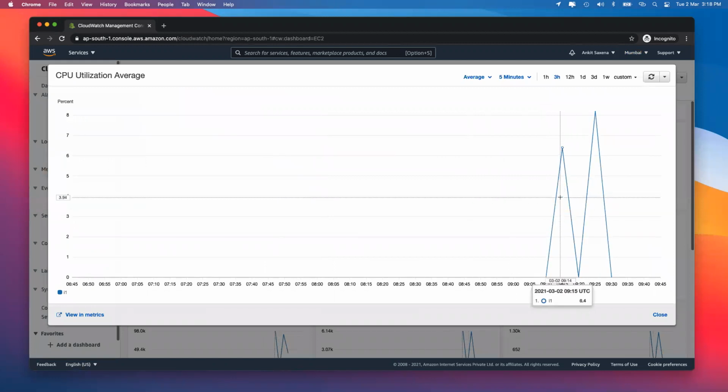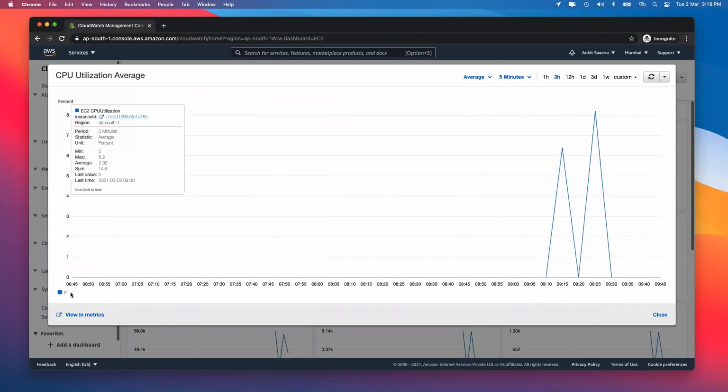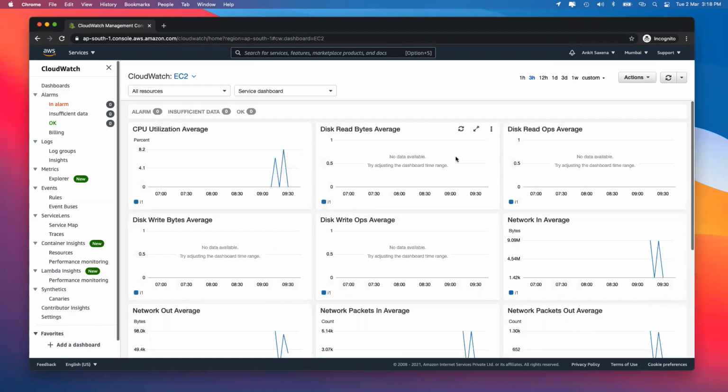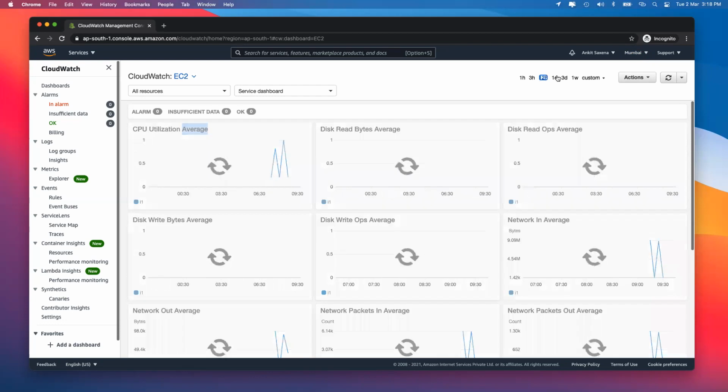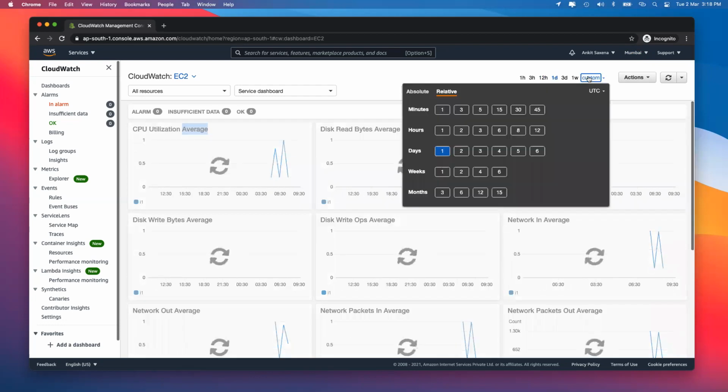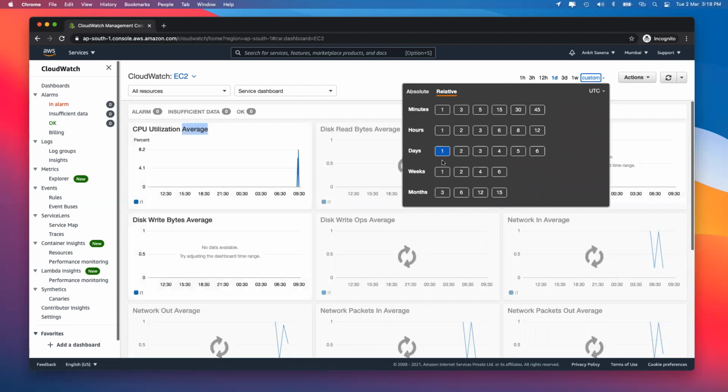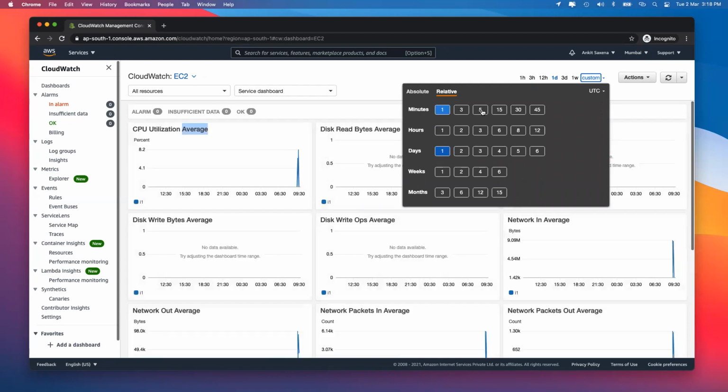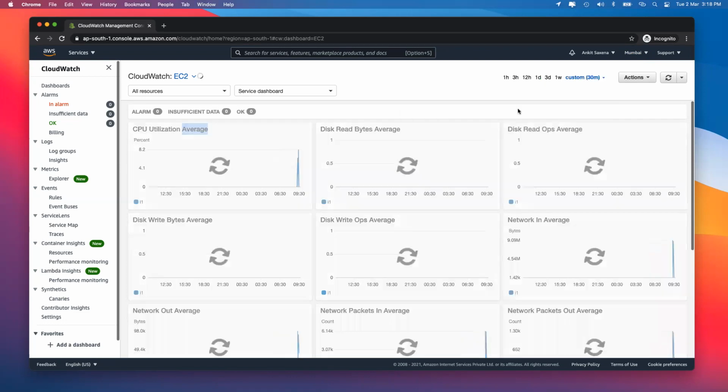My CPU utilization did see a spike over there, and the instance that I had named at that point was I1. So if you have multiple instances, they will all align up and show up over here. Now, it can be the logs for the last 1 hour, where I'm just looking at the CPU average. It can be for the last 12 hours, 1 day, or whatever parameter you have set. I can have the logs of the last 1 day, last 1 hour, last 5 minutes, 10 minutes, 15 minutes, and so on.